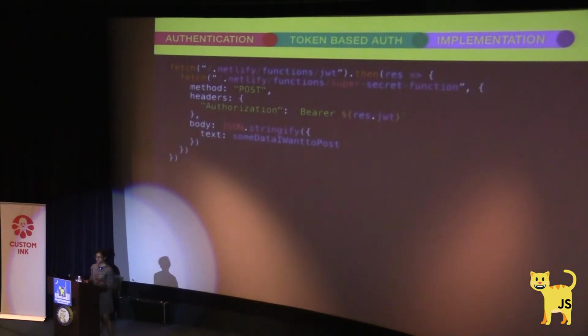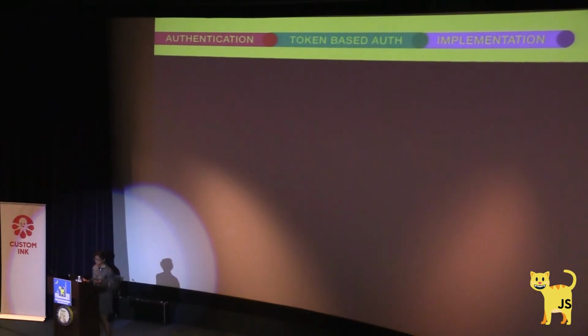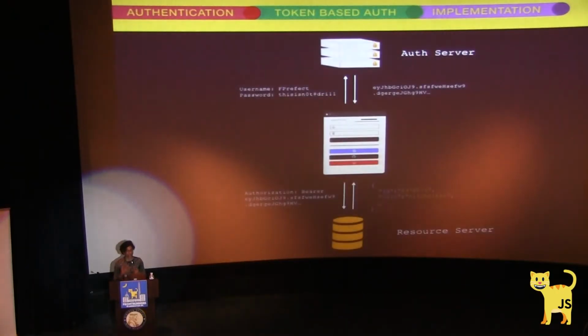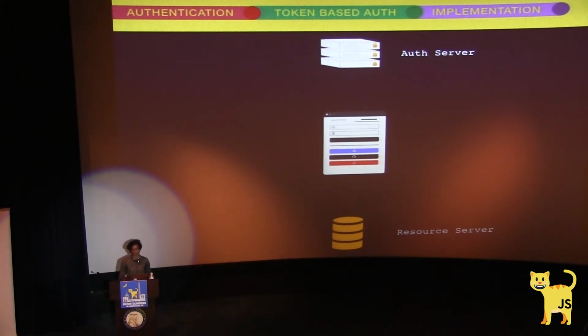You basically pass it in as an authorization bearer, and that's in the header, so that allows you to access a specific protected resource. And that is all for that piece of it. And so what I talked about was this idea of using authorization bearer as a header to access a protected resource. The other way of doing it is you can use set cookie.